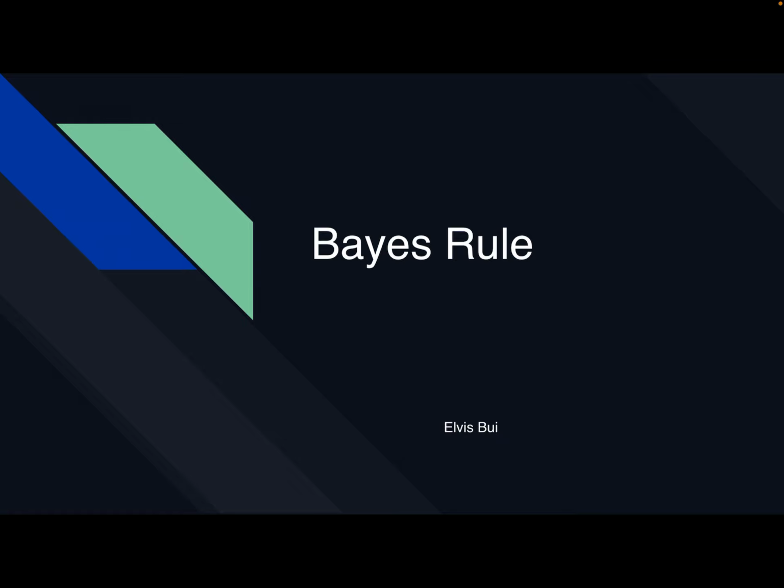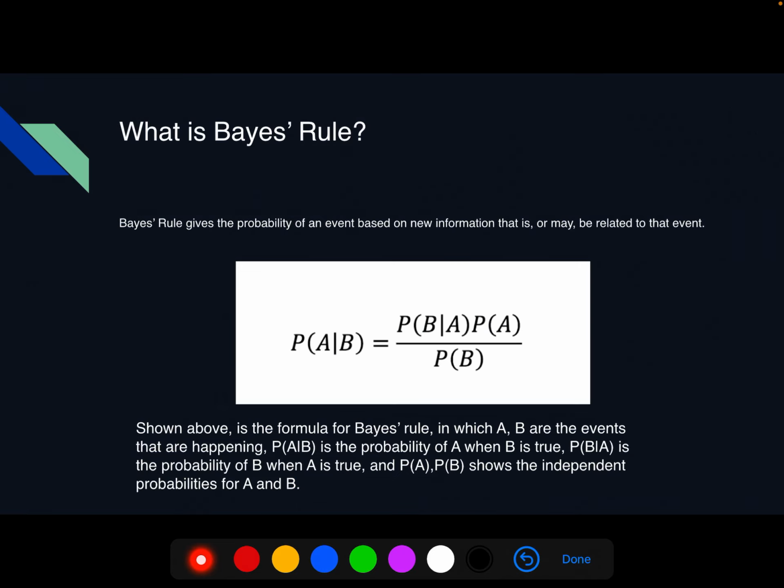So what is Bayes' rule? Bayes' rule is a formula that gives the probability of an event based on new information that is or may be related to that event. So this is the formula for Bayes' rule. As you can see,